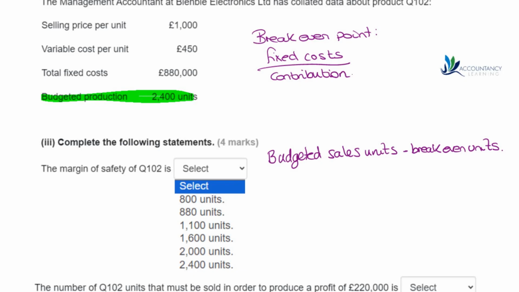Our contribution is going to be our selling price minus our variable cost per unit. So our calculation for break even in units is going to be